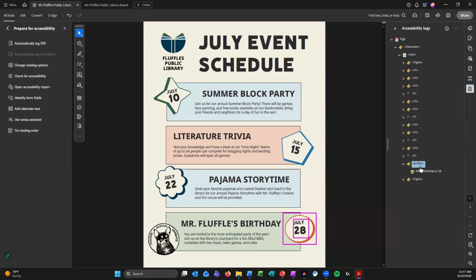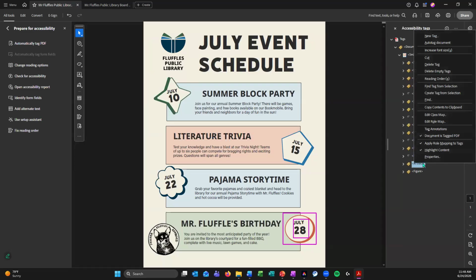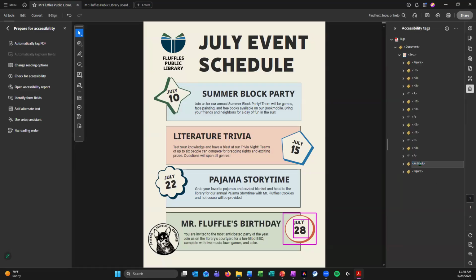And then now I have an artifact tag is what it's decided this is. You'll notice in the reading order that it was calling this a figure, and now it's calling it an artifact. Both of those are incorrect. That's heading 2. So because it's a pretty simple thing, what we can do is double click in here, and then I can just delete the word artifact, and I can type in H2 for heading 2, voila,